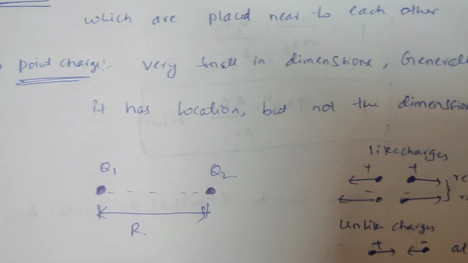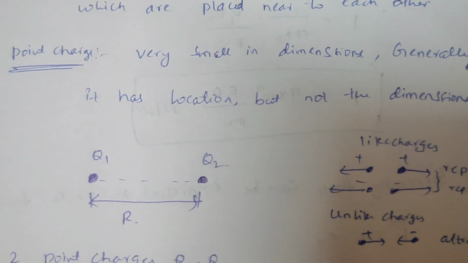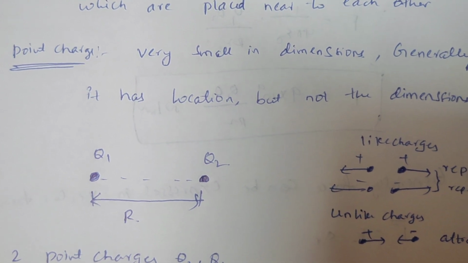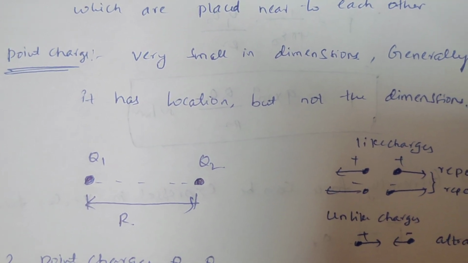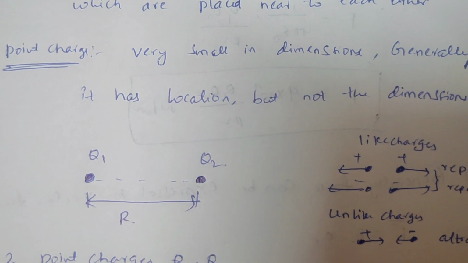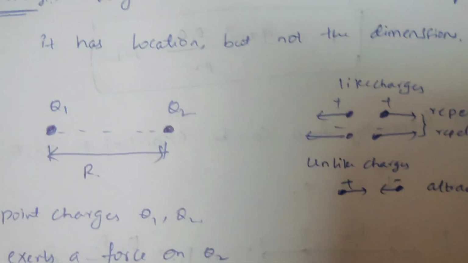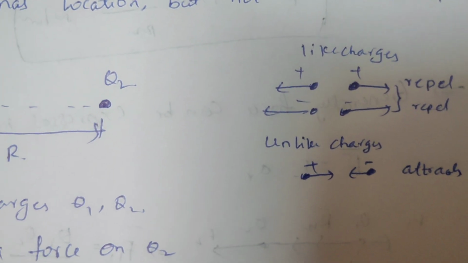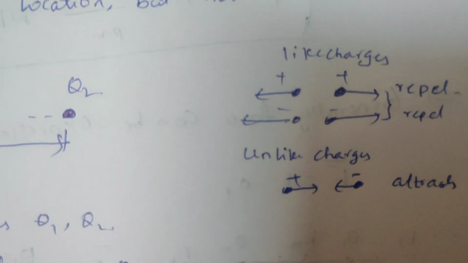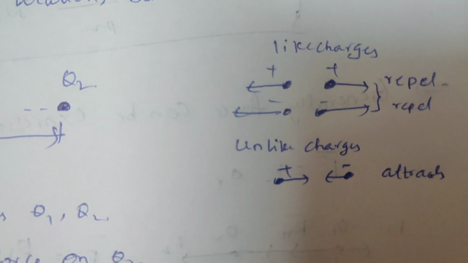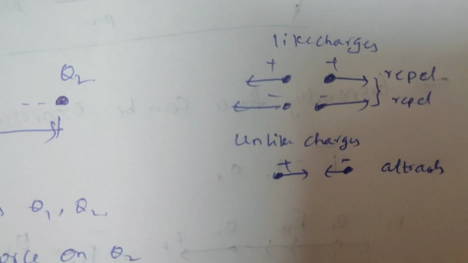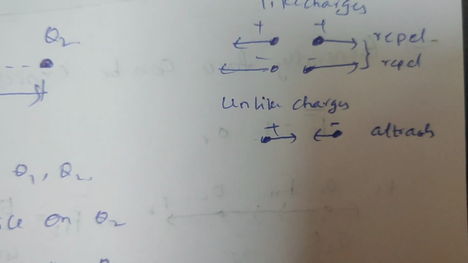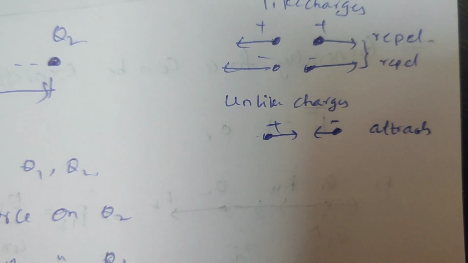First of all, we have to know what is meant by a point charge. A point charge has a very small dimension. Generally it has only a location but not dimensions. So whenever you place two point charges near to each other, if they are like charges, a repulsive force will occur, and if they are opposite charges, there will be an attractive force. So this Coulomb's law